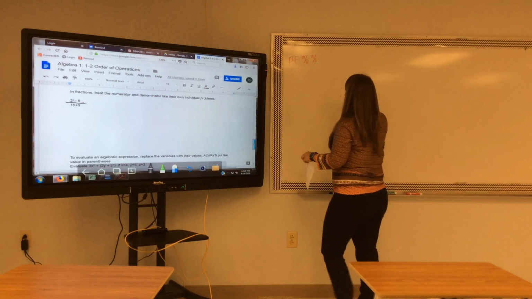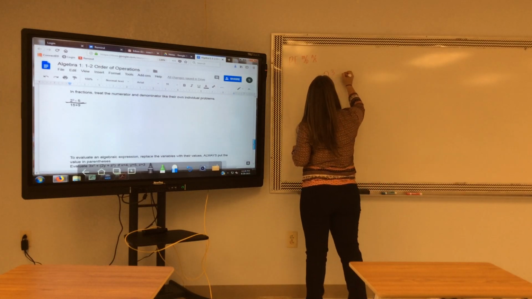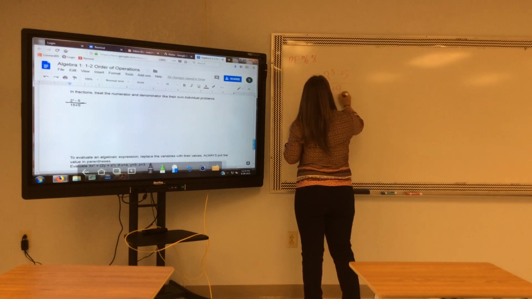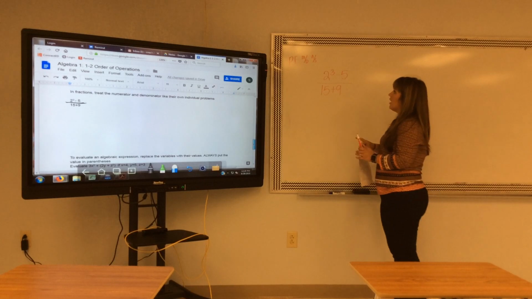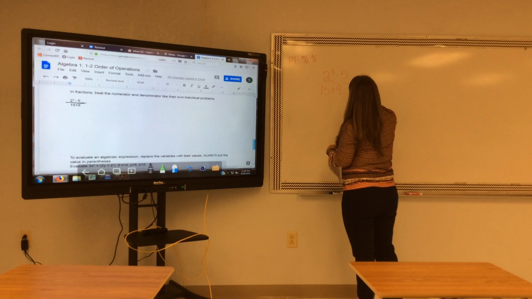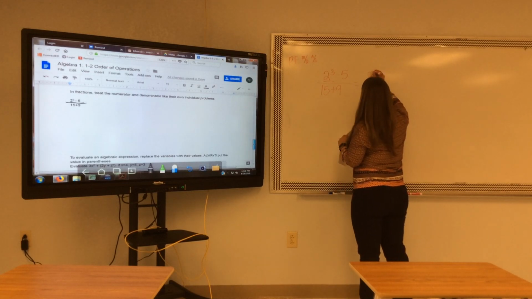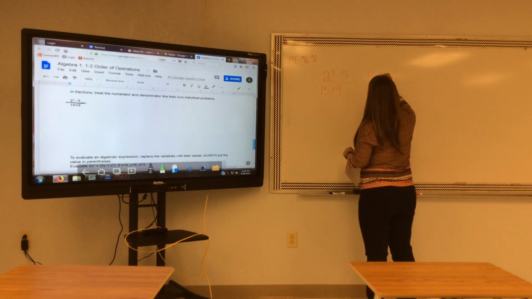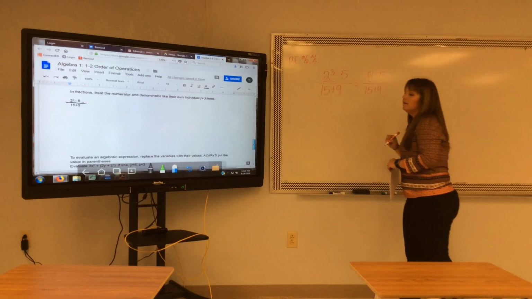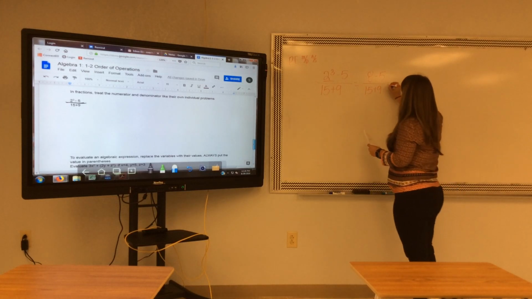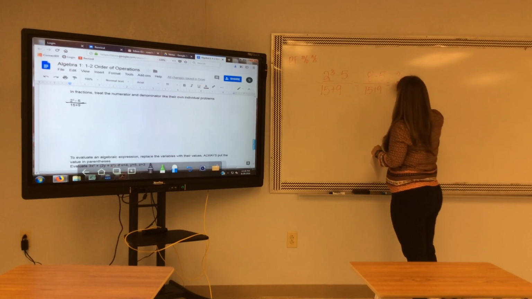For this example, my numerator was 2 to the 3rd power minus 5, and my denominator was 15 plus 9. Here in this top problem, 2 to the 3rd power minus 5, 2 to the 3rd power is what I'm doing first. So 2 to the 3rd power is 8 because it's the same thing as 2 times 2 is 4 times 2 is 8 minus 5 all over 15 plus 9. I have addition and subtraction only. I'm treating them like they're their own problems anyways. 8 minus 5 is 3 and 15